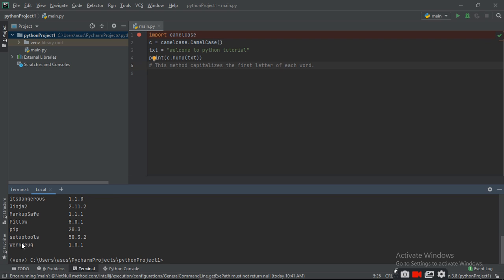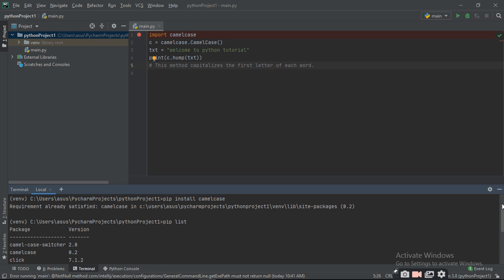It is giving these many software packages which you have installed in it. So there are so many: camel case switcher, camel case, click,